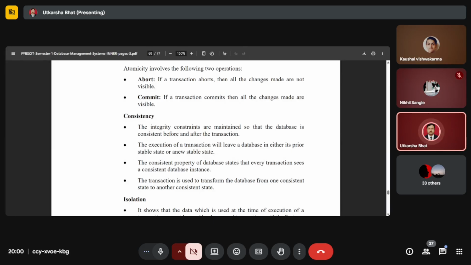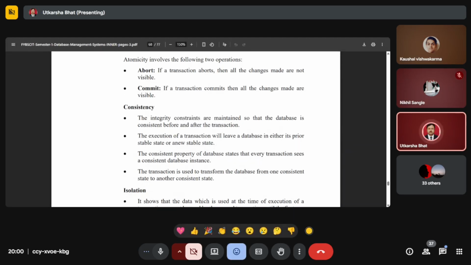The transaction is used to transform the database from one consistent state to another consistent state. तो consistency चाहिए। तो integrity constraint क्या होता है? हमने before some chapter we discuss about the integrity constraint. तो इसी के कारण आपका डेटाबेस भी कंसिस्टेंट रहता है, प्रॉपर्ली मेंटेन रहता है, डेटाबेस में जो भी डेटा आता है वो प्रॉपर आता है, बिफोर एंड आफ्टर द ट्रांजेक्शंस।